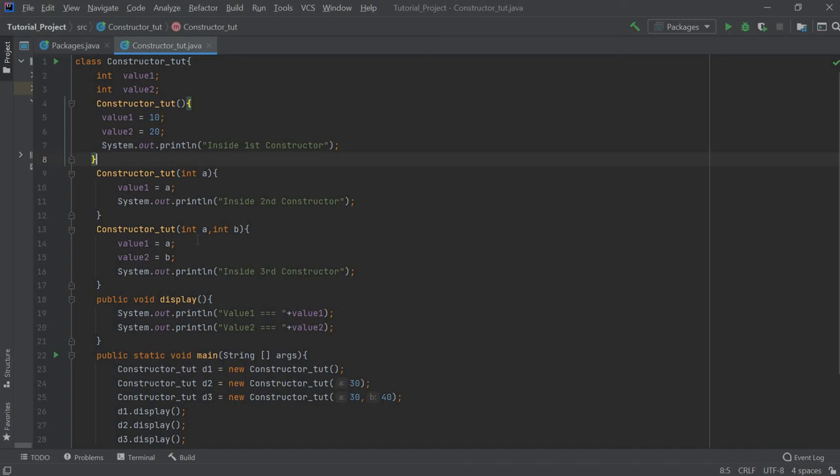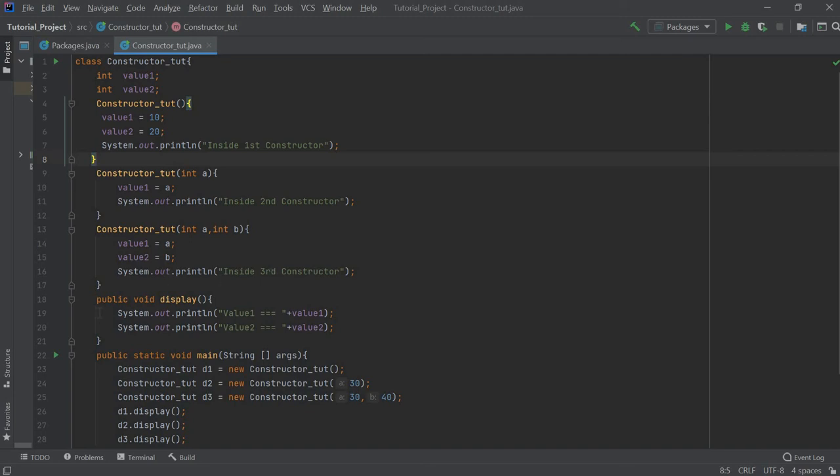Third is, again I'm having a constructor having two parameters, means you can have any number of parameters inside the parentheses in case of constructor. So here I'm using two parameters. Value 1 is assigned a and value 2 is assigned b, and system.out.println is printing this line inside the third constructor.